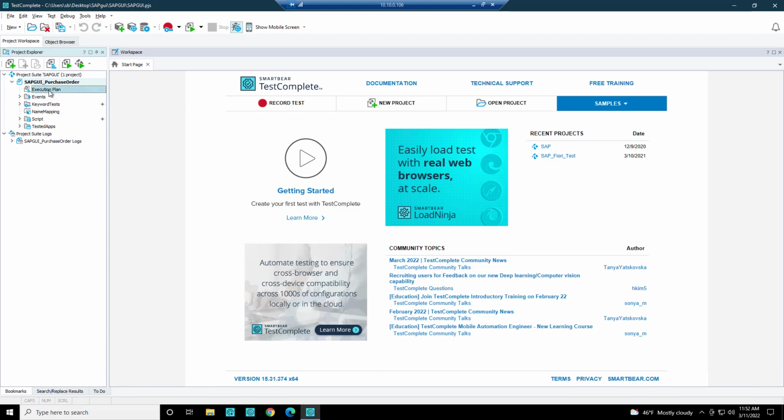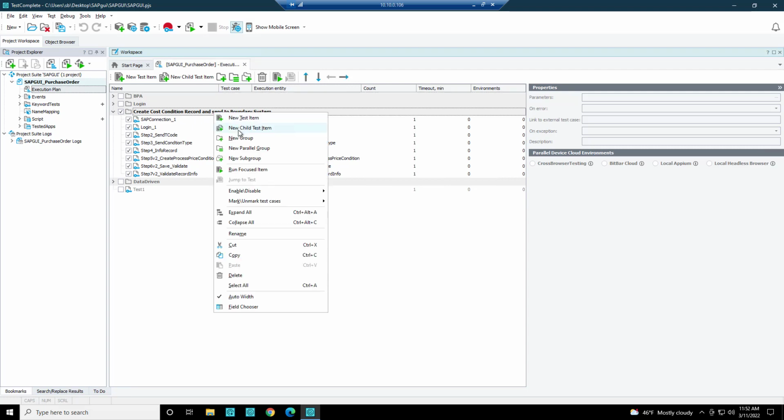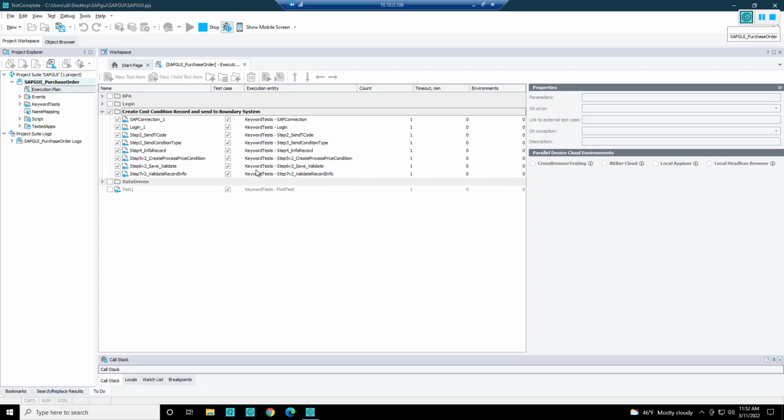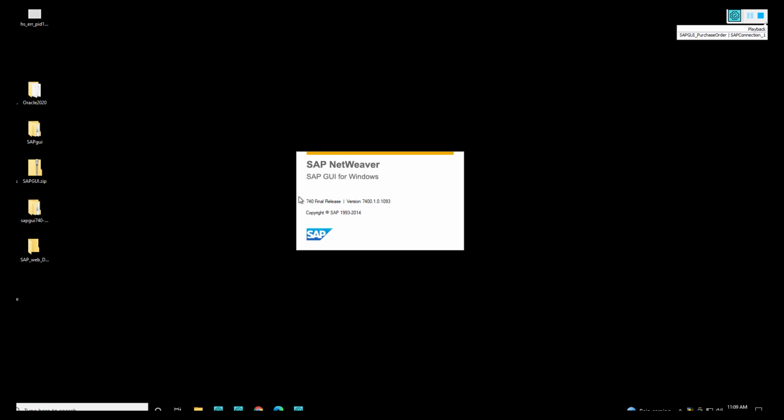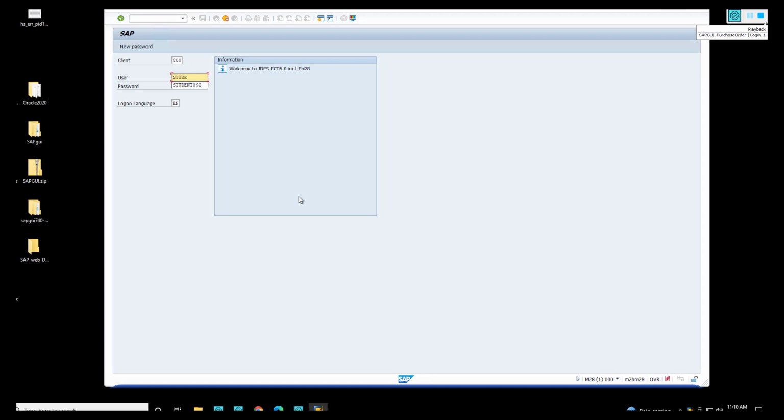First, I will open my execution plan where I have several keyword tests set up to run consecutively in a workflow. When I run these tests, they will open my SAP application and perform the test steps I previously recorded with TestComplete. As you can see, TestComplete is able to quickly perform our recorded test steps seamlessly, allowing you to